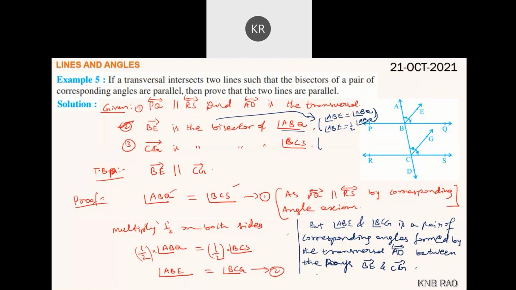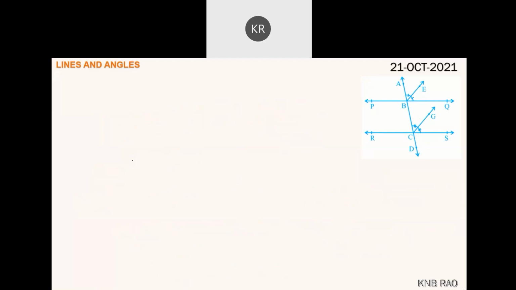So, therefore, from 2, angle ABE equals angle BCG. Now, if angle ABE equals angle BCG, I am writing in the converse of the corresponding angles axiom: angle ABE equals angle BCG